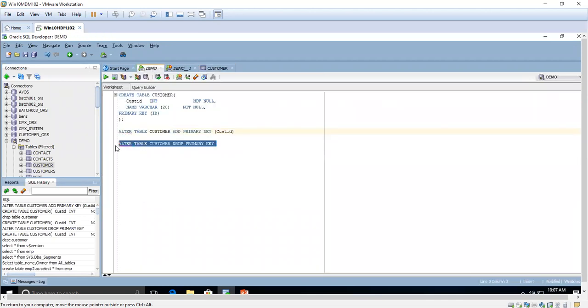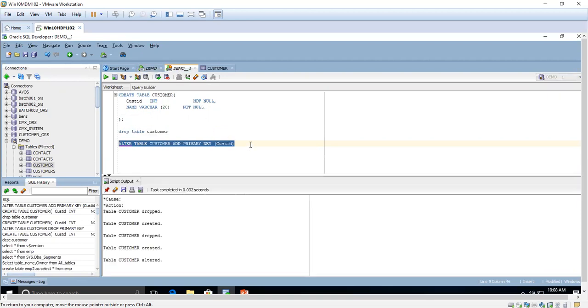Now the primary key has been created on the table. Okay, if you want to drop the primary key, what is the syntax you are going to use? We are going to use alter table and drop the primary key. Just mention alter table customer drop primary key, because the primary key is the only one constraint you can have in the table. So just mention primary key, that is enough.